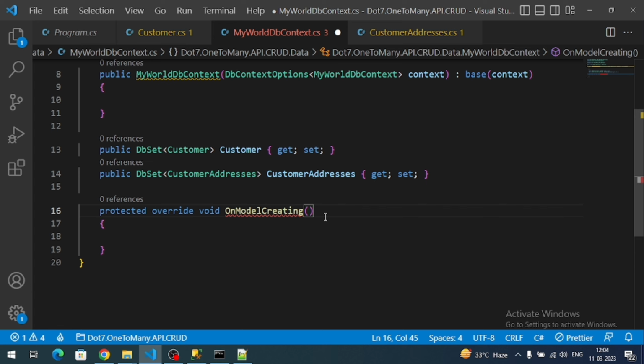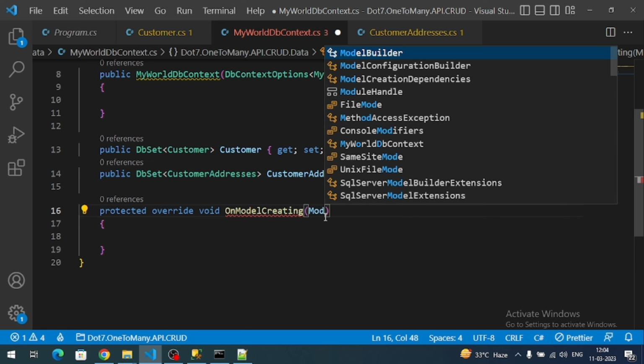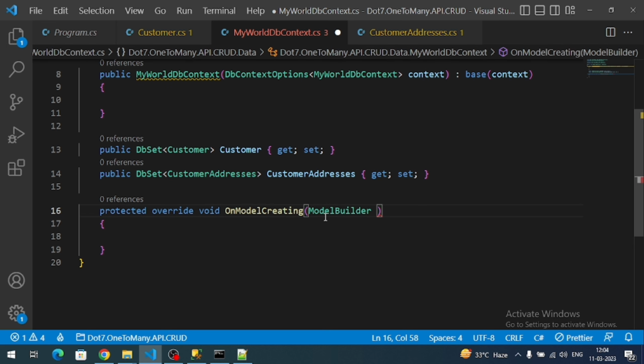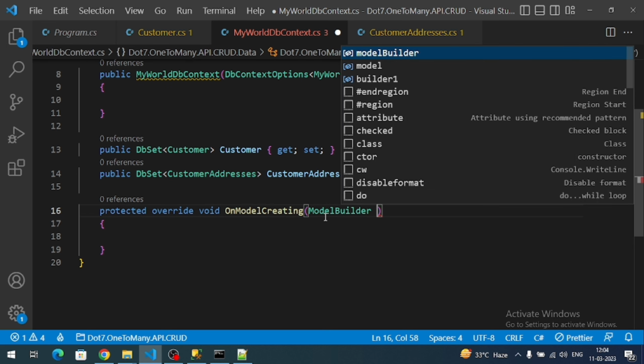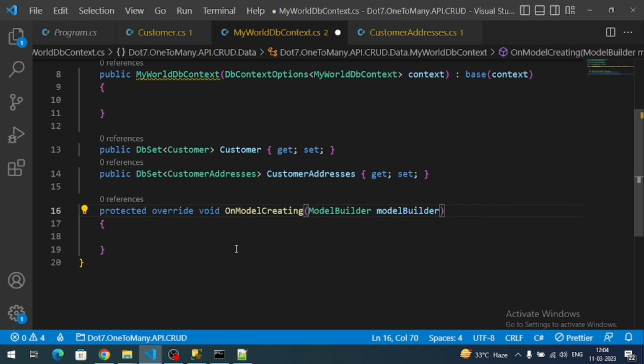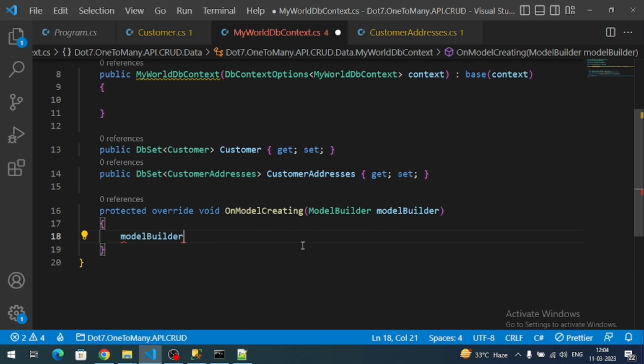And it should contain a ModelBuilder. Okay, the reason we override this OnModelCreating is that here, using the EF Core Fluent API, we have to specify the foreign key and one-to-many relationship. Okay, so to do that, I can use modelBuilder dot